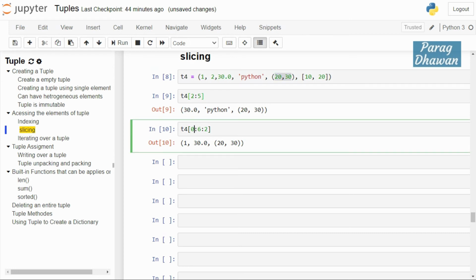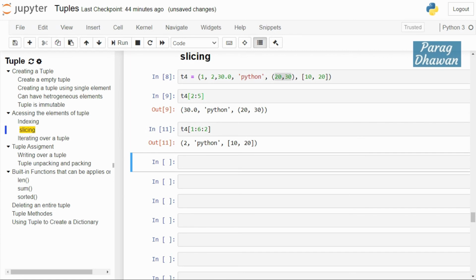If you want to print from the second element, you will start from 1. Click on the cell, run the cell. Now every alternate element is 20, Python, (10, 20). After it you don't have any element, therefore it has ended. So the first index is start, the second index is stop.